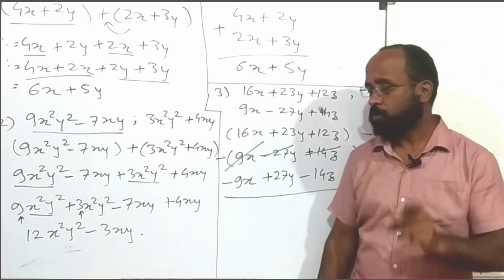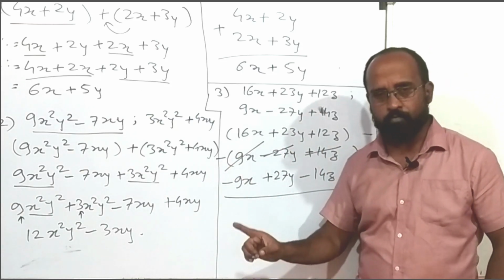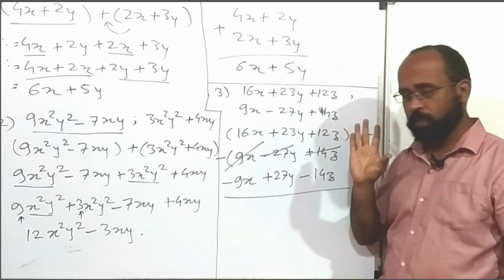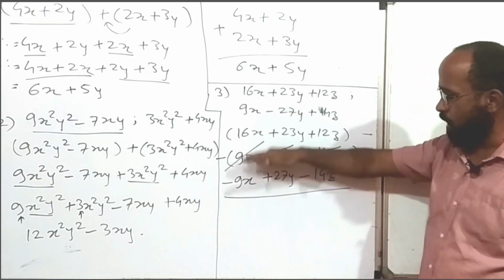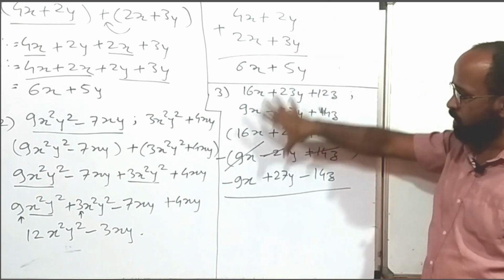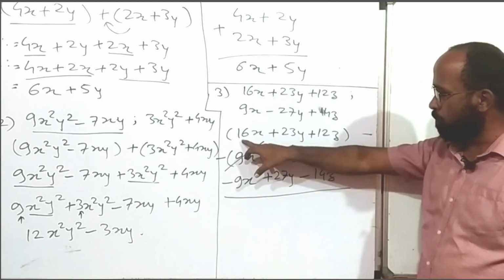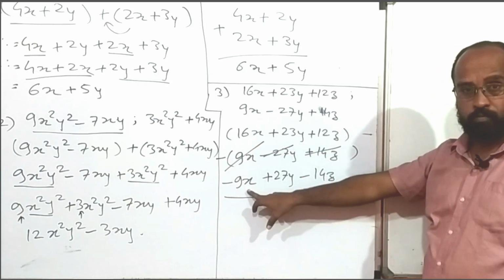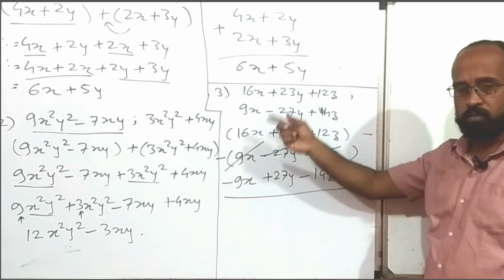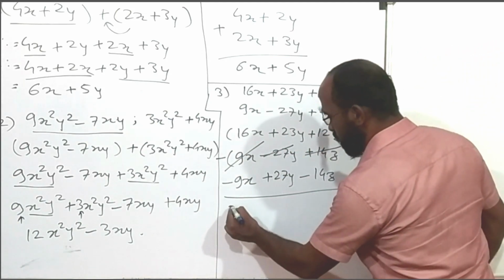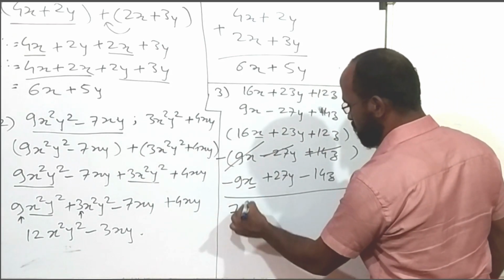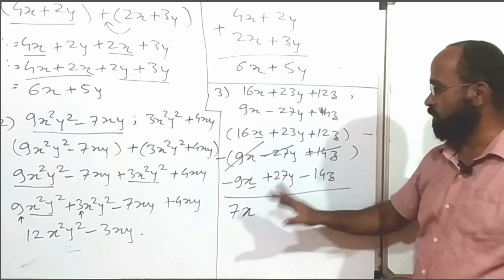Please remember, if the symbol out of the bracket is negative, we have to change the symbol of each and every term inside the bracket. Now fortunately they are arranged one below another in vertical arrangement like this, so we can solve it in vertical manner. So plus 16x minus 9x, based on the symbol of integers, plus minus means subtract, 16 minus 9, 7, symbol of the greater magnitude plus, right, variable with indices as it is, so plus 7x.